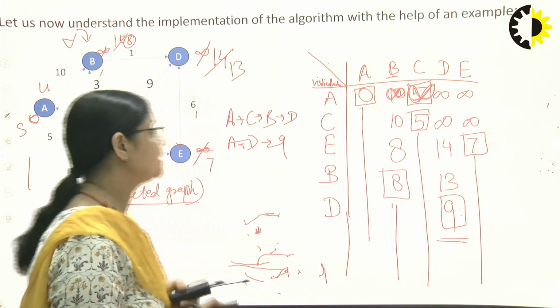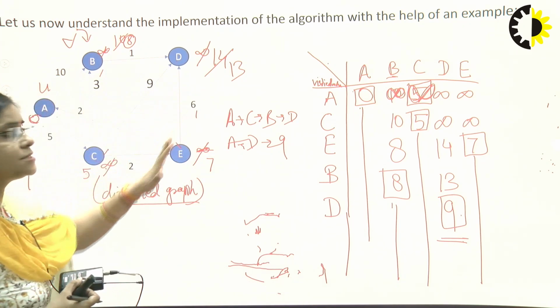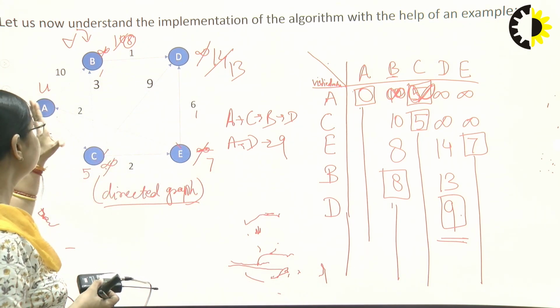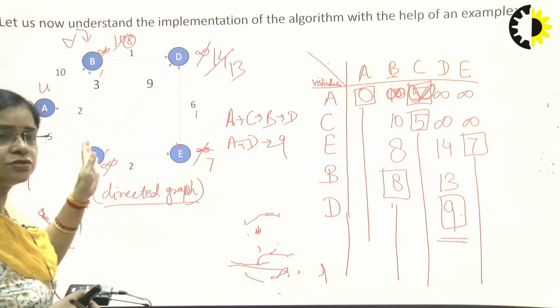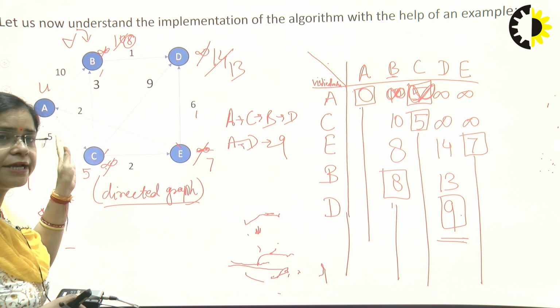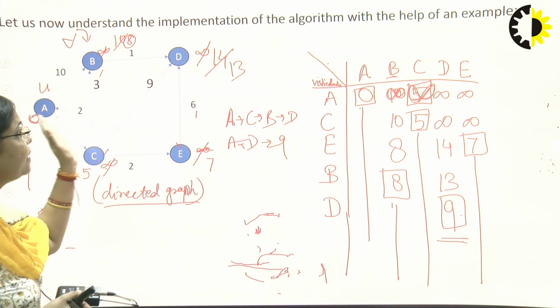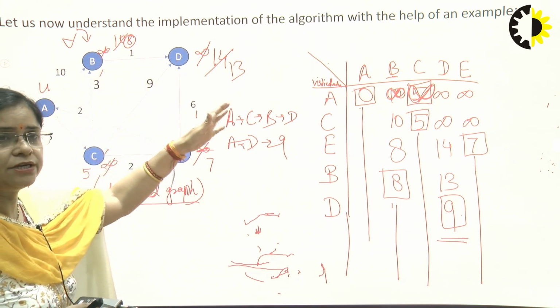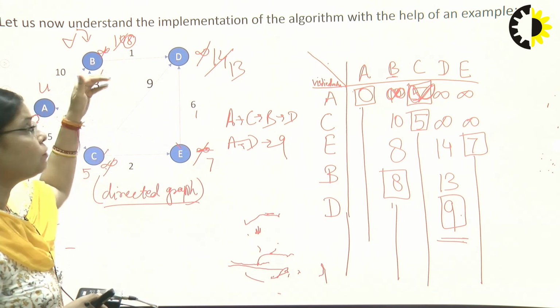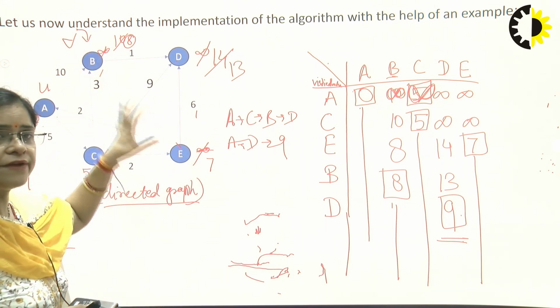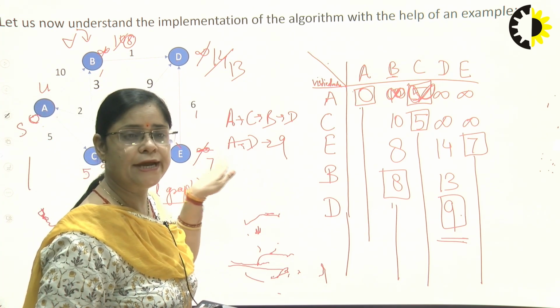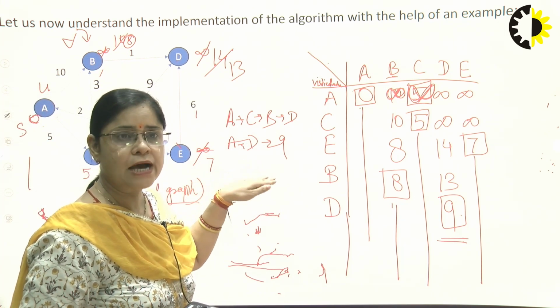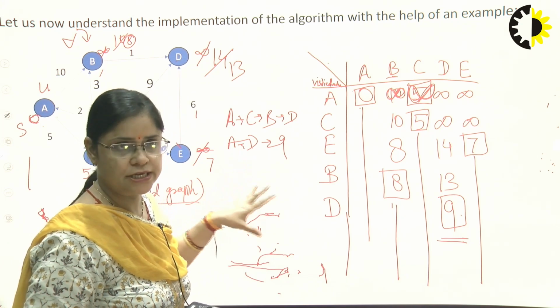We are making the source as 0 and all the vertices as infinity. Then step by step we are moving forward. The vertices which we have visited, we are not considering, and then we are moving further for the current vertices. We are making the changes, whatever the distance has been modified, we are modifying it, and our minimum path has been selected. So A to D is the minimum path, or you can say minimum time it is taking, right?